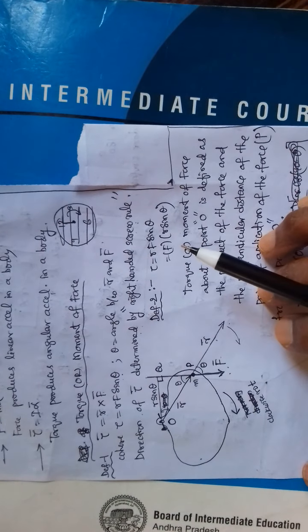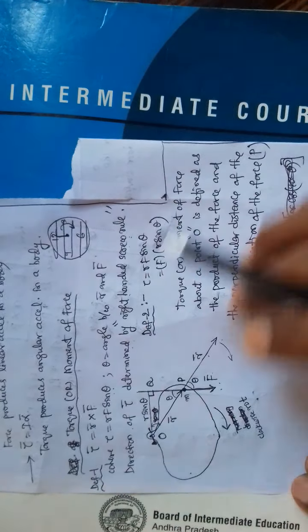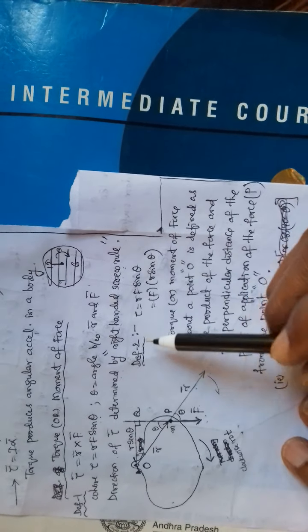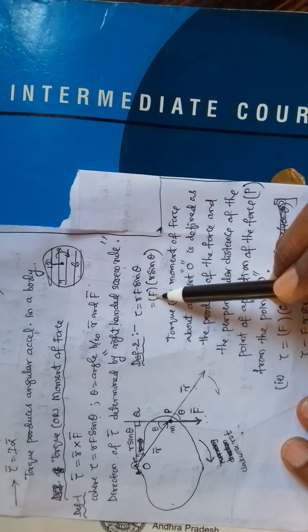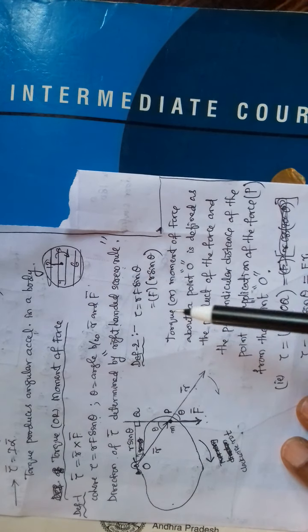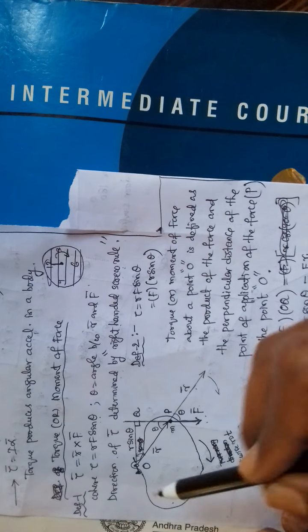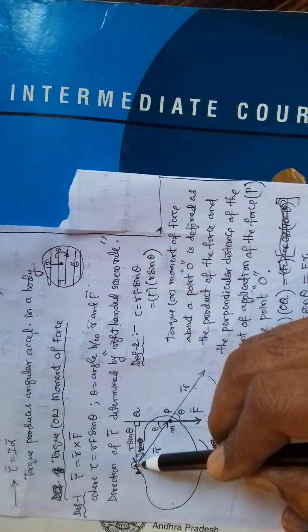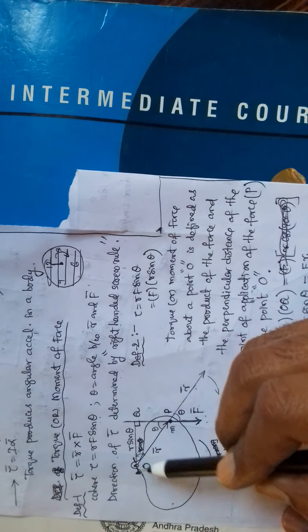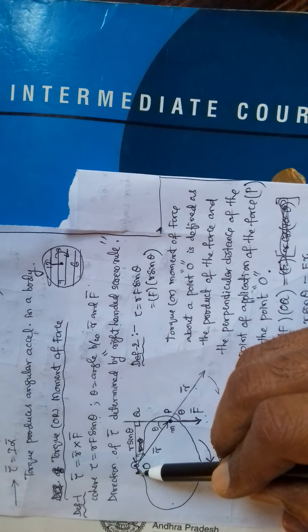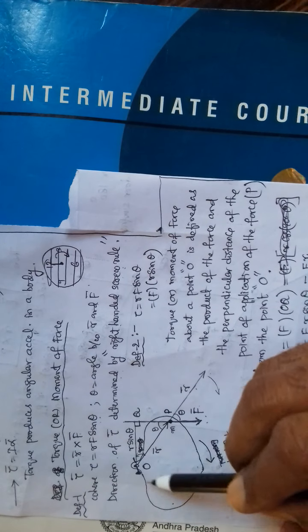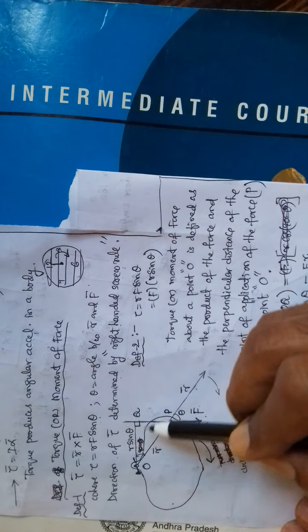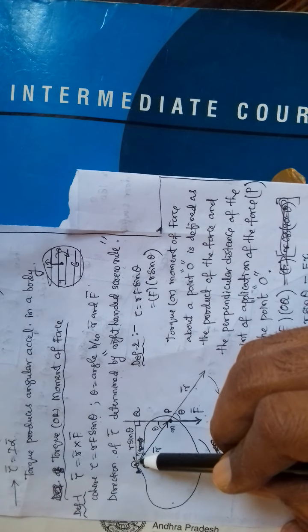So this is one way of defining. We can define torque in another way also. How? Just now you wrote tau is equal to R F sin theta. First you write F, afterwards you write R sin theta. Now let us look at the diagram. See here, this is a plane lamina. Here you have made a small hole and it is hung at this. This is taken as a pivot, and this lamina is hung to a vertical wall, making use of this nail.